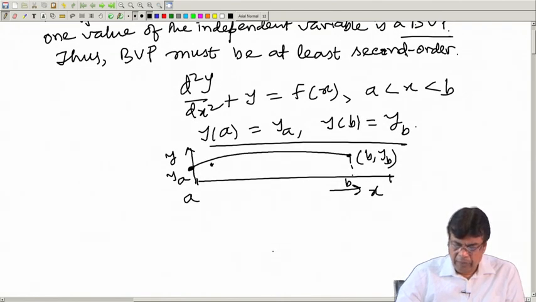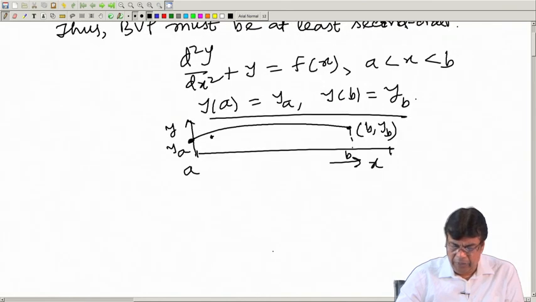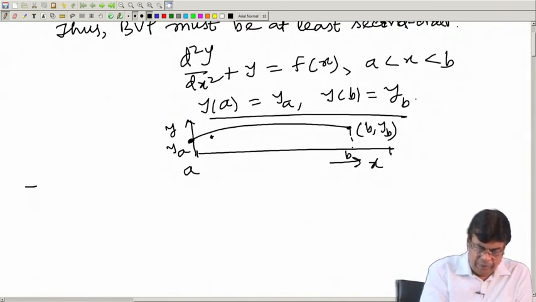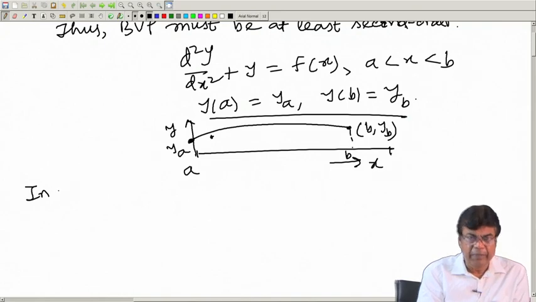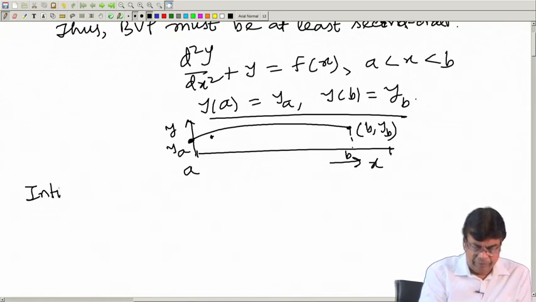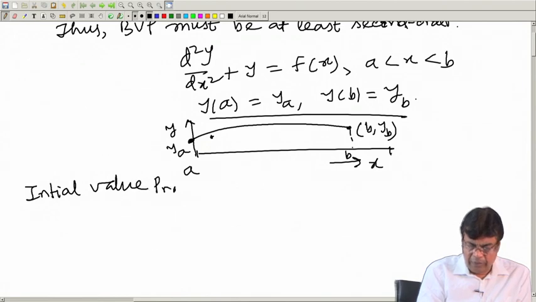Now, in contrast to the initial value problem, which is relatively easier to handle and is abbreviated as IVP,